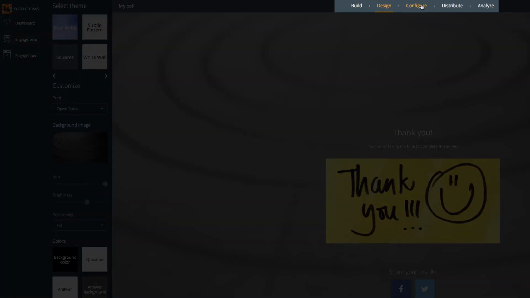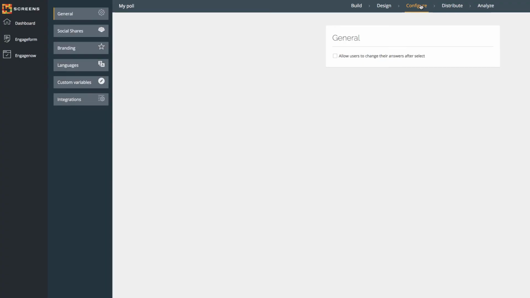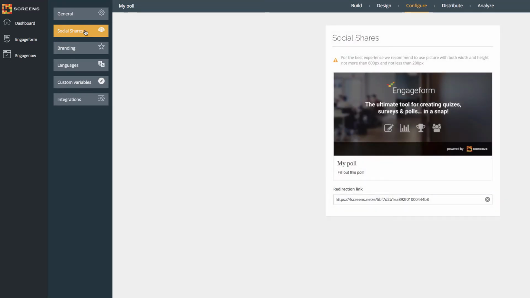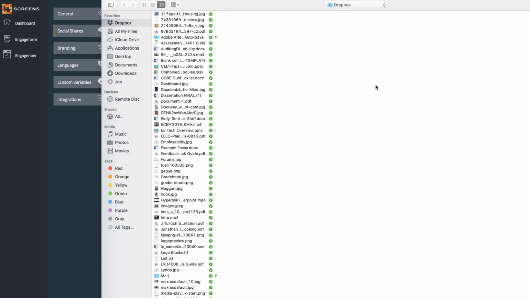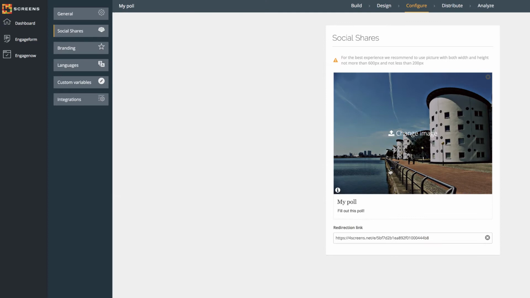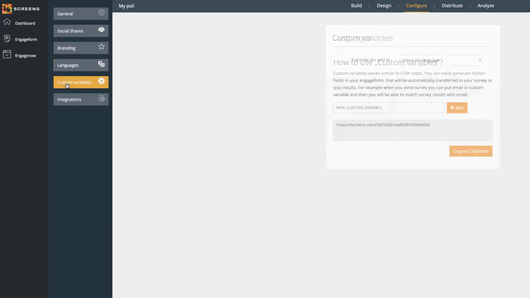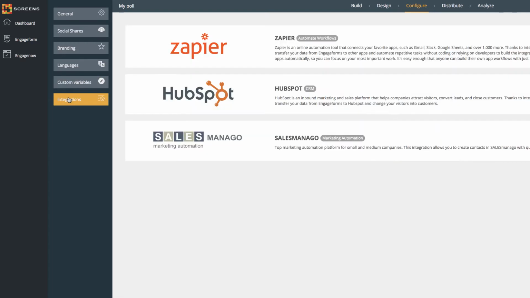Once you're ready, you can configure your quiz. You can allow users to change their answers. You can change the way that the social sharing picture shows. The standard form is this picture of Engage Forms, but you can add your own. There are lots of other options here which you would need the premium account for, so let's move on to